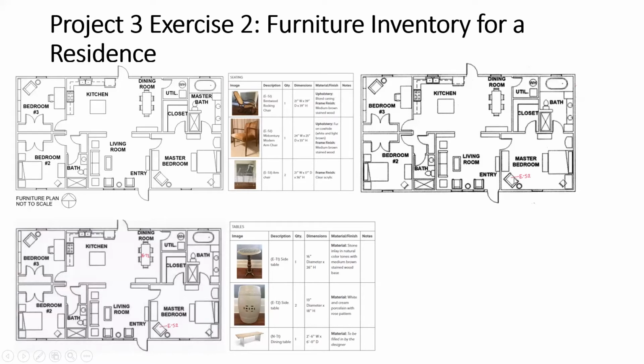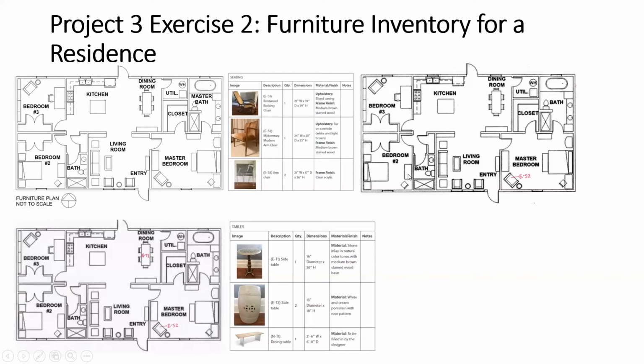Now, you can see I have a leader line, and I've got that furniture designation written off to the side in horizontal text because it does not fit on the piece of furniture itself, but I want to make sure that I keep all of my text horizontal. If I wanted to use, for example, these two armchairs as the host and hostess chairs on either end of this table, I would mark this ES3 and this one ES3. But once again, every designer is going to approach this differently. So yours may not look the same as your colleagues'.